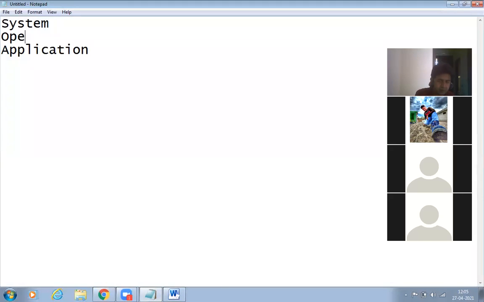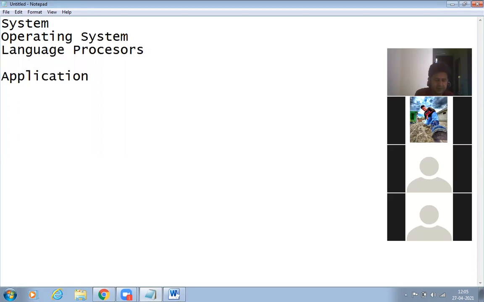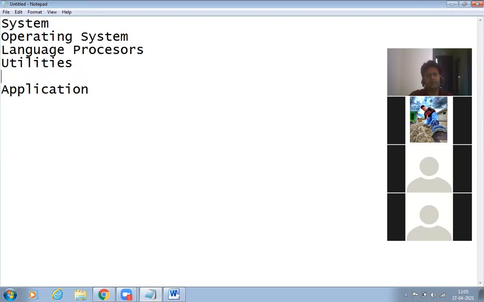One is called operating system. Second one, language processors. Third one, utilities. So these are three types of system software.